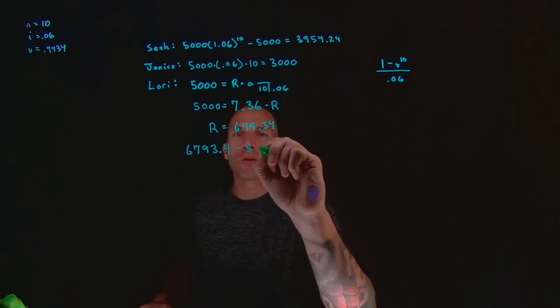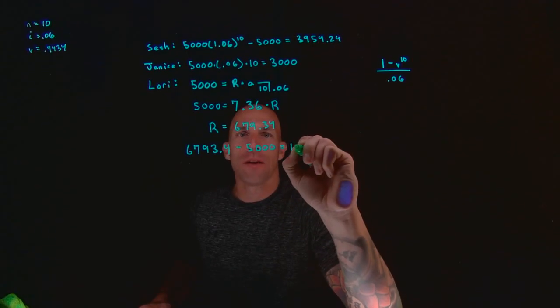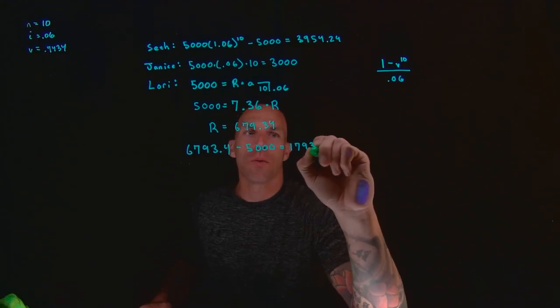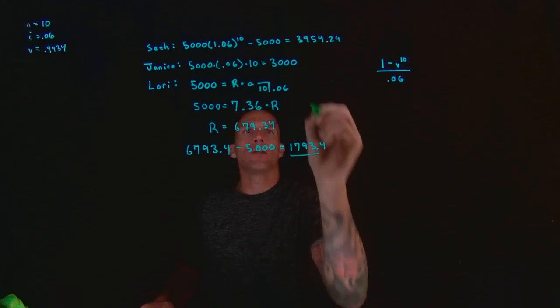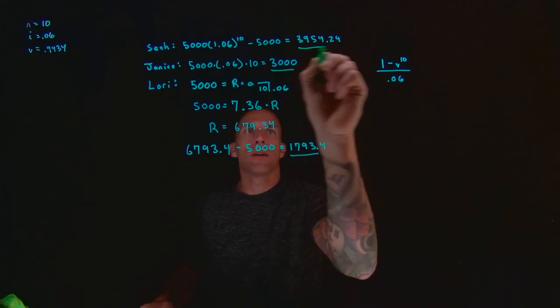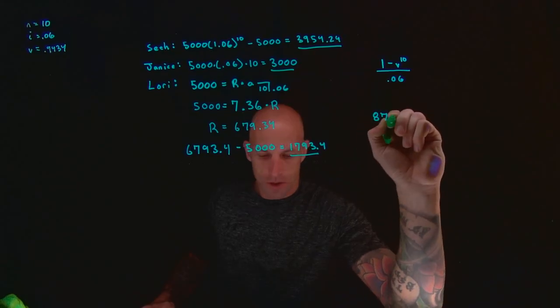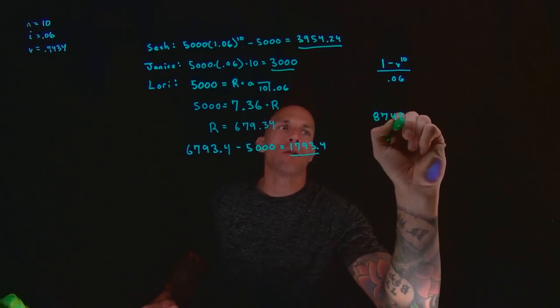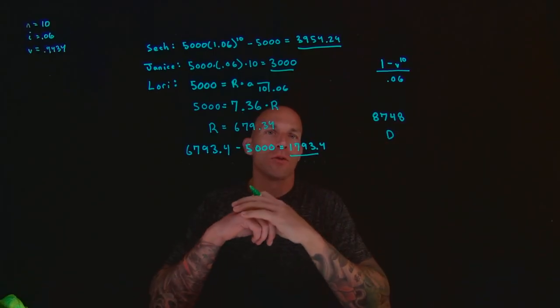To get the interest, we subtract off the principal, leaving us with 1,793.4. Add these three values together, and you will get 8,748 or something quite close to that. So the correct answer here is